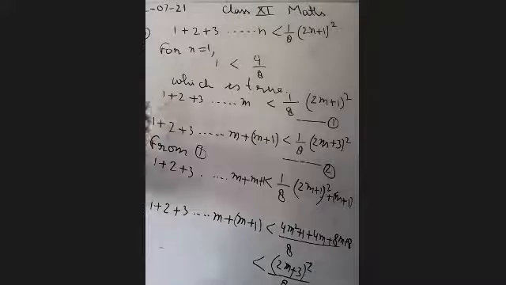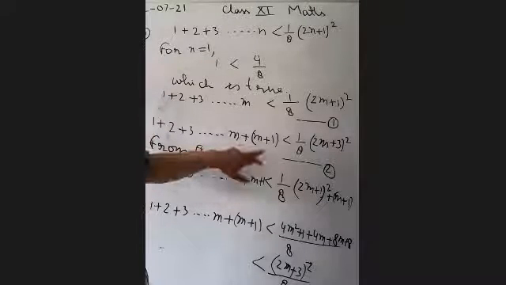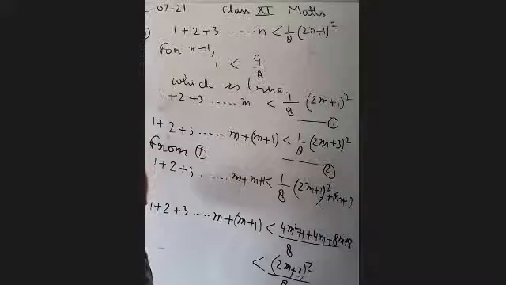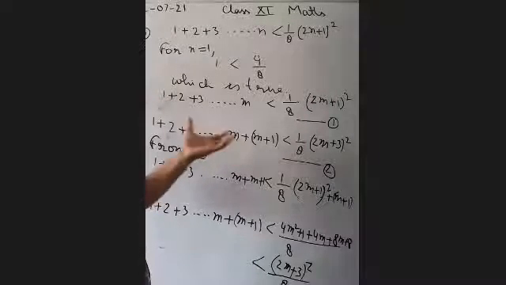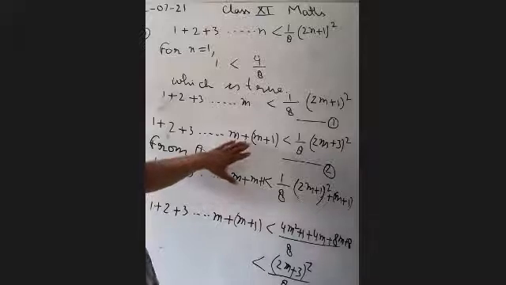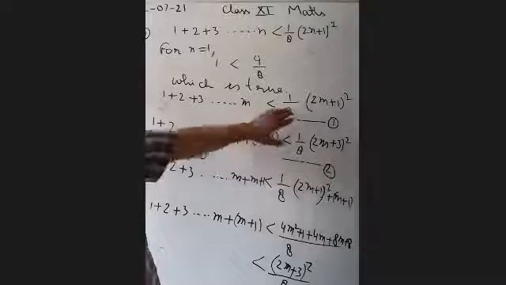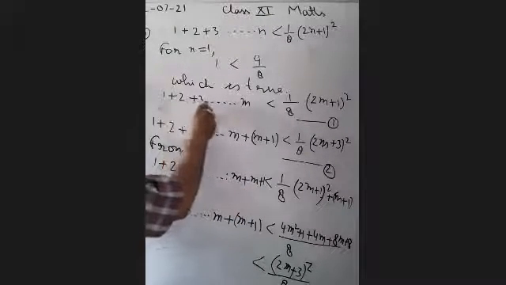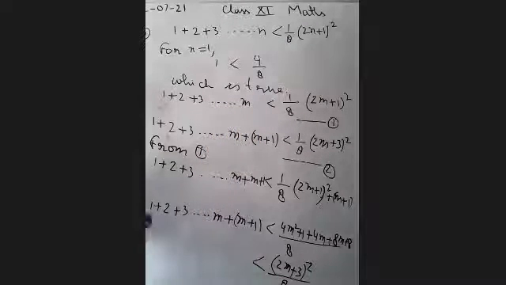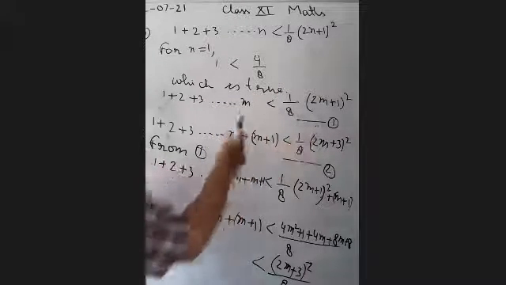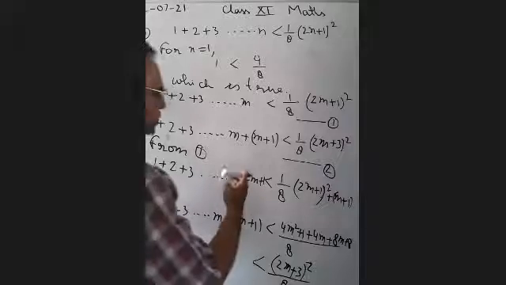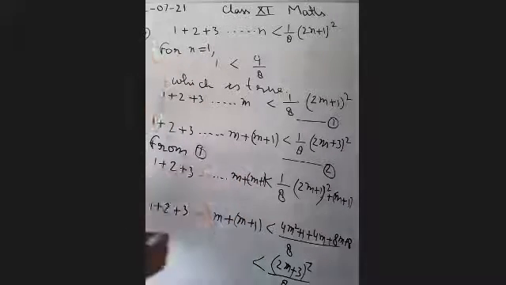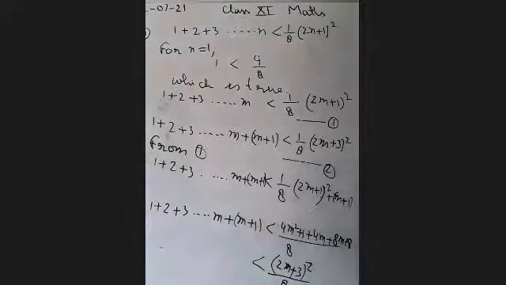So now by using this relation, we have to prove this inequality. So for proving this inequality, generally we are taking the left hand side, but here, okay, we have taken the whole inequality from equation 1. So whole inequality after getting, we have added the m plus 1 both sides. जो हमें इक्वेशन 1 में इनइक्वलिटी थी, जो इक्वेशन 1 थी, जो हमने एक्सप्रेशन 1 लिया था, उसमें हमने क्या काम किया है, m plus 1 को दोनों तरफ ऐड किया है. We have added m plus 1 both sides.